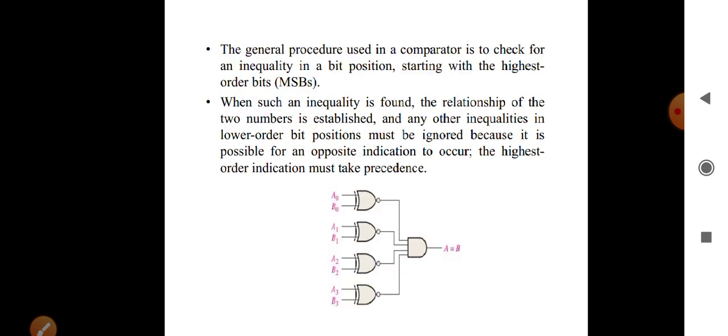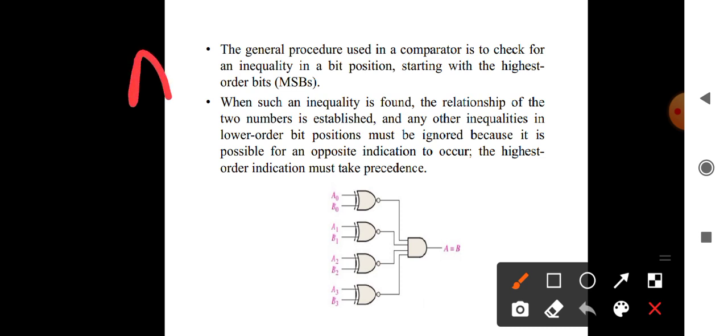The general procedure used in a comparator is to check for an inequality in a bit position starting with the highest order bits. When such an inequality is found, the relationship of the two numbers is established, and any other inequalities in the lower bit positions must be ignored, because it is possible for an opposite indication to occur. That is,